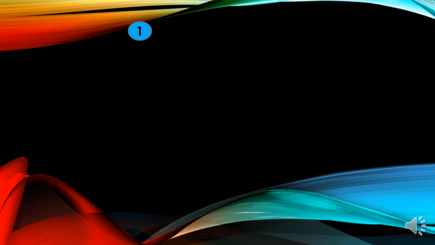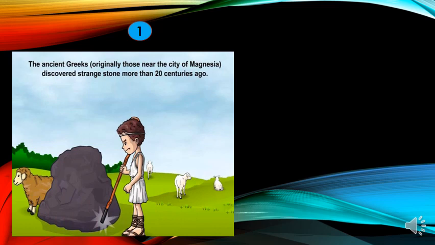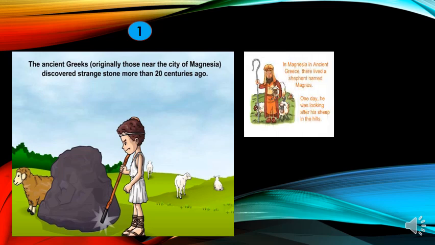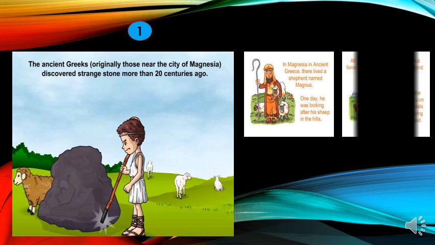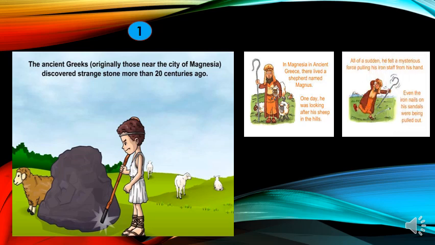Have you ever wondered how this was discovered? According to the Greek legend, magnetism was first discovered by a shepherd by the name Magnus. He lived in Magnesia, which is in Greece. Magnus was herding his sheep through the mountains. Suddenly he noticed the ferrule of his stick and nails in his sandals got stuck to a rock. The iron in his stick and nails had become attracted to a rock.